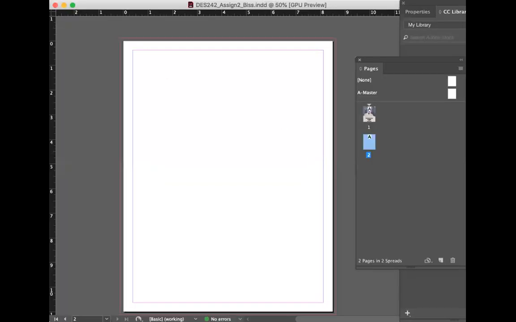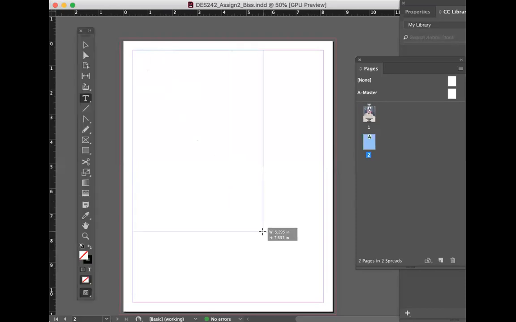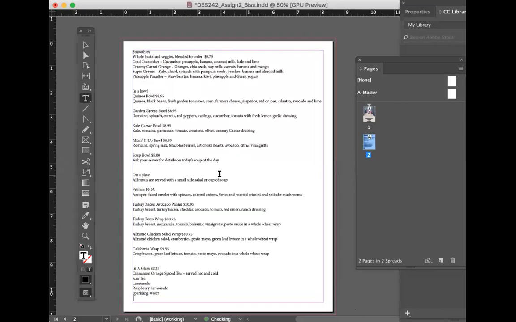Just for the sake of getting this in here, I'm going to take the type tool and draw out a really big box. It doesn't matter what size it is, just to paste it in. So I'm going to do Command V to paste it all in here.